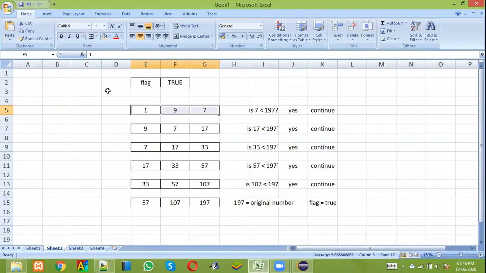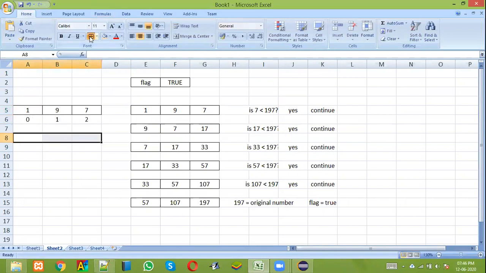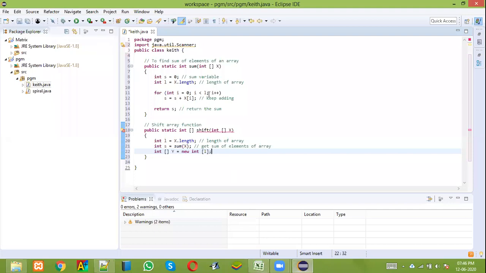Now look very carefully. I have to do a small explanation here. Let's imagine that this is 1, 9, 7. This will be position 0, this is going to be position 1, this is going to be position 2. Now I have created the new array. What we are going to do is loop from position 0 till L minus 1 only. Generally we will write i less than L, correct? When we are looping through the entire array.